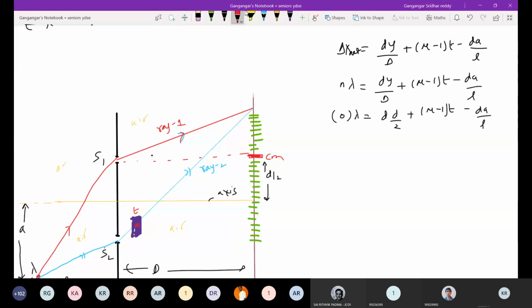Okay, now calculate the thickness of the slab from here. Solve this, we'll get this one. So t is equal to d A l by (mu minus 1) minus d square by 2 (mu minus 1). Okay, fine. So this is one way of asking questions for you. Why should it be plus d by 2? Because you wanted the upper slit. So this should be that value here. Now similarly